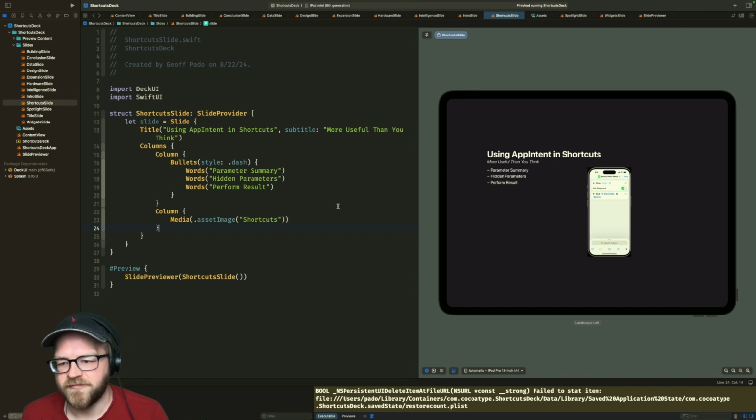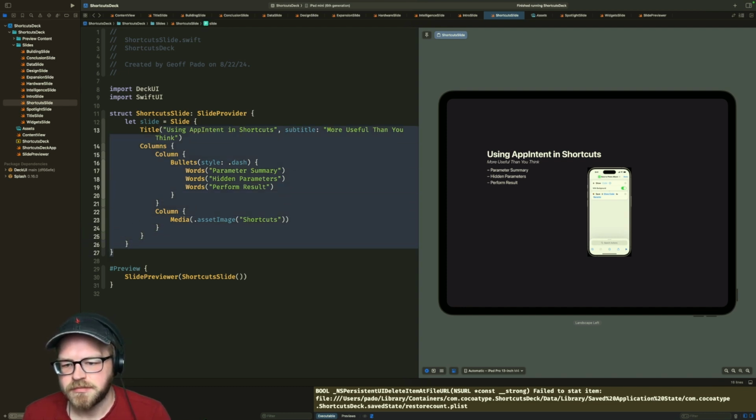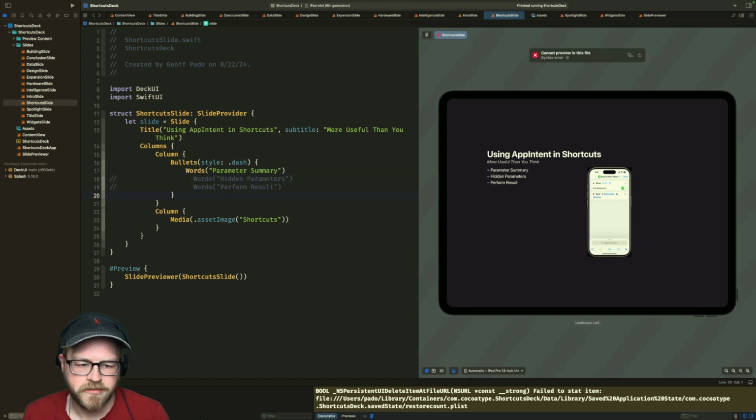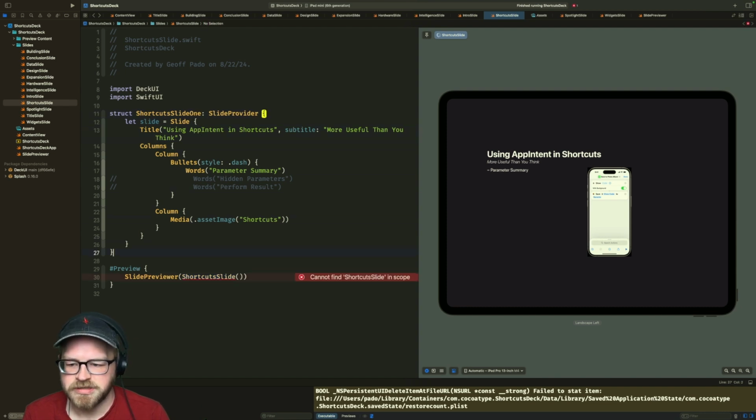Maybe I should just have multiple slides of this that are explaining the various other parts. Yeah, this is what we're gonna do. We're gonna have just multiple slides. This is what's gonna happen. We're gonna build out things by doing this. So shortcut slide 1. We'll have a shortcut slide 2.